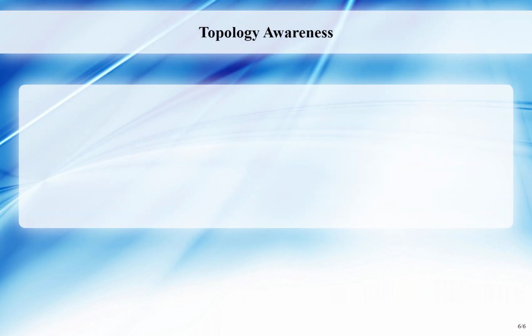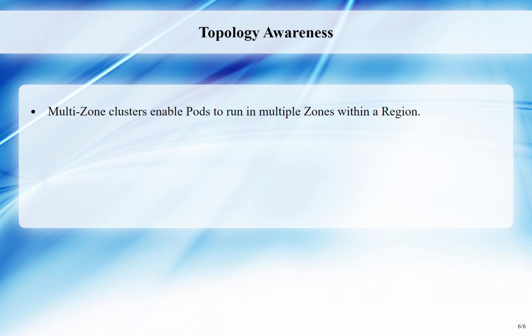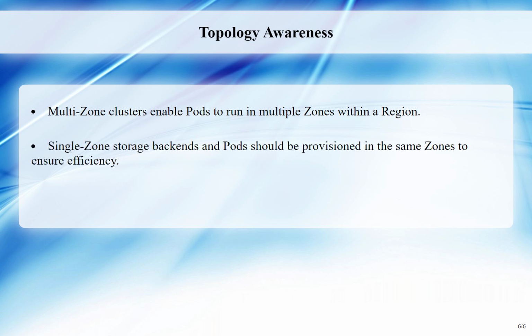Topology awareness. Multi-zone clusters allow pods to be distributed across different zones within a region. To ensure efficient storage, single-zone storage backends should be provisioned in the same zones where pods are scheduled. This can be achieved by adjusting the volume binding mode,